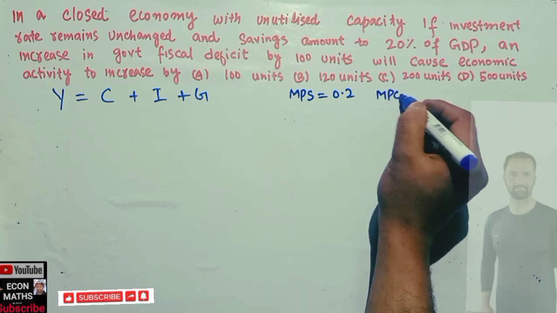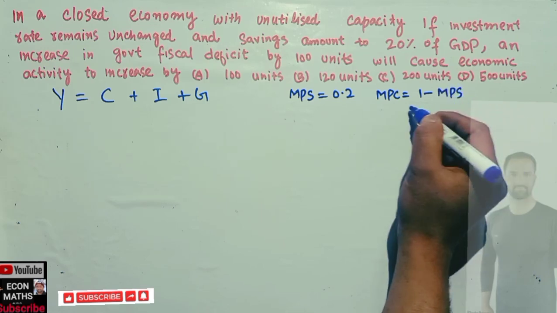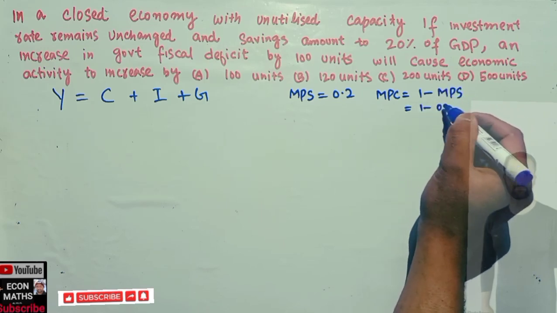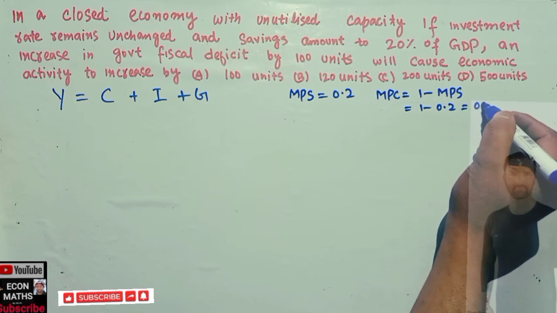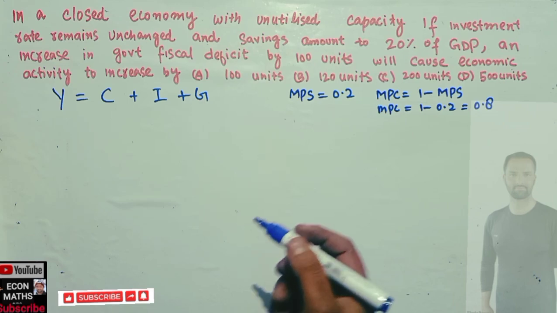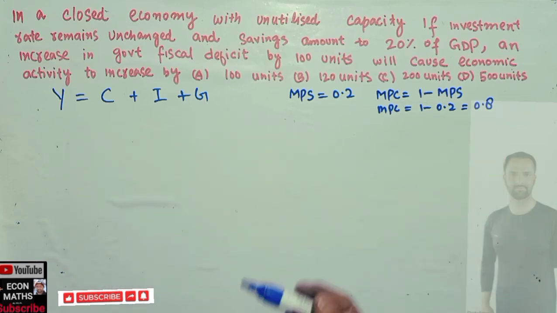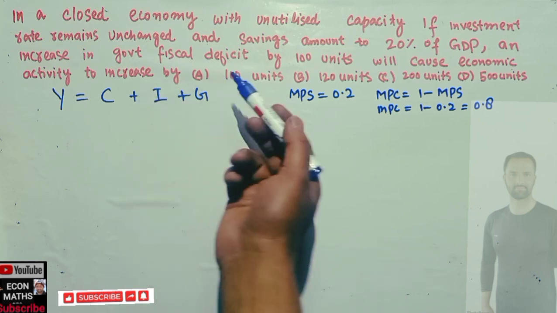Marginal propensity to consume is equal to 1 minus marginal propensity to save. That means 1 minus 0.2, which comes out to be 0.8. Now I will just try to derive the multiplier, then we will see what happens when the government fiscal